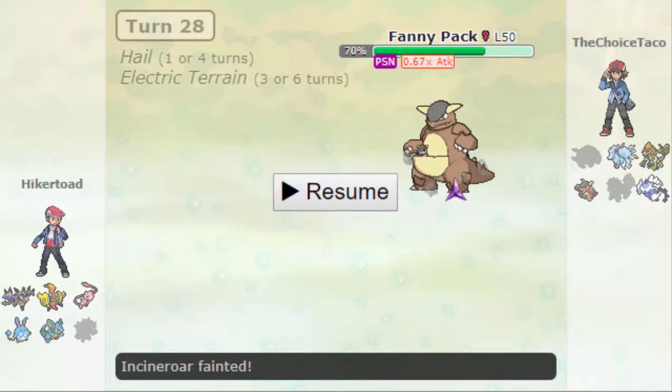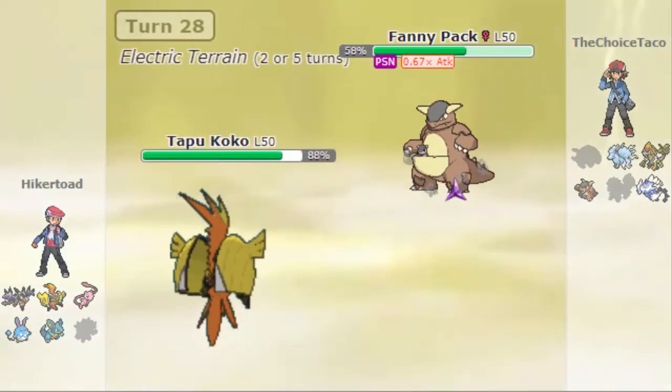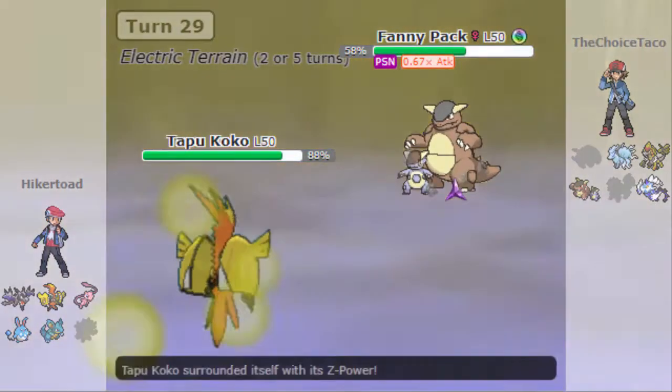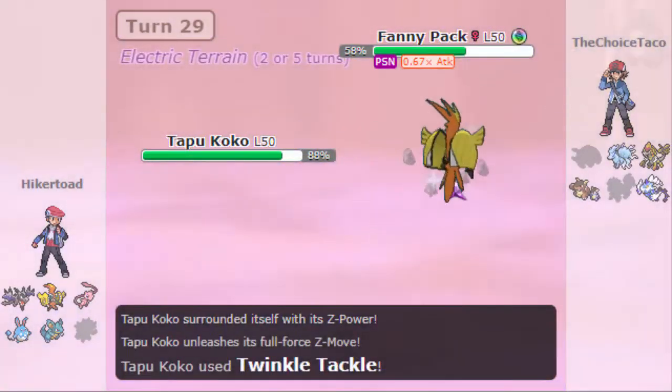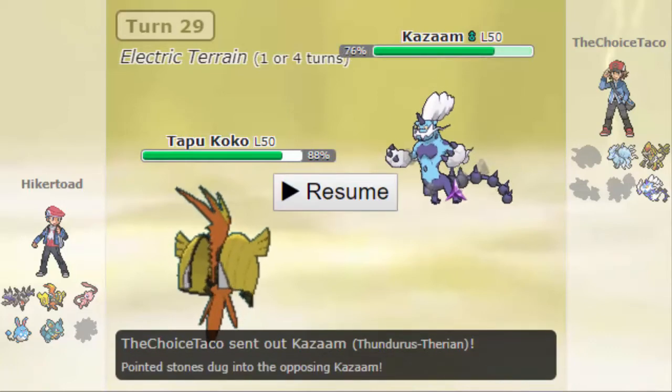Like I said, I really only needed it for the Ninetales, but Ninetales is in a pretty bad spot right now. It's at 51, it's poisoned, rocks are up, so it's really not going to do much. I'm not too concerned about it. Maybe I'll get a kill if it comes in on the Nidoqueen, but I really don't care at that point, as that's not my game plan. My game plan is to win with Coco or Mega Aerodactyl, and the poison damage puts this in range of the Coco, which is huge. So I can go for the Z Twinkle Tackle, and this thing's down. So that's great. So now he's going to go into the Thundurus, and